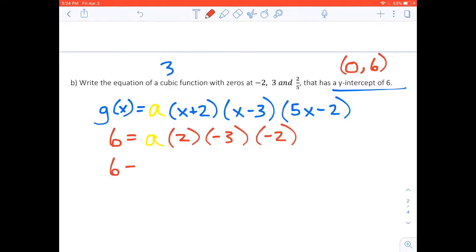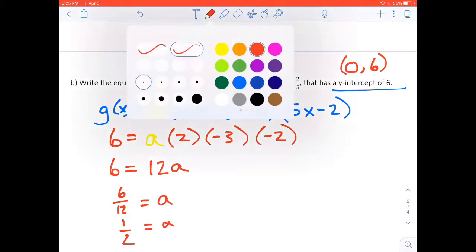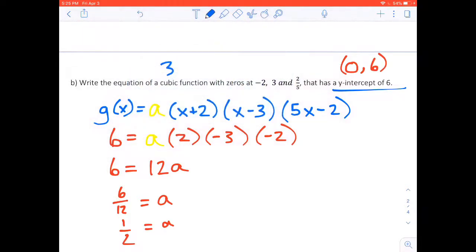And as I work my way through, I'm going to multiply all these numbers together. So 2 times -3 times -2 is positive 12. And I divide both sides by 12, and I get a is equal to 6 over 12, or a half. So I know what that leading value is going to be. From there, I know what the equation is going to be, because now I have all the information that we want. I know that g of x is equal to that a that's out front, which is a half,